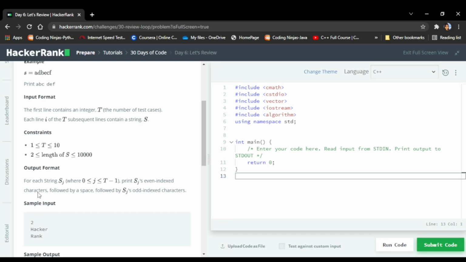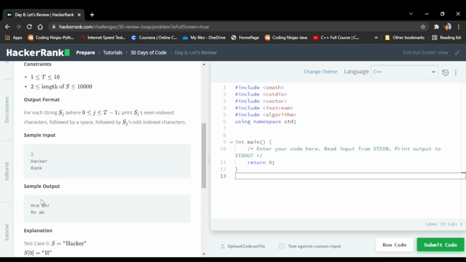They input 2 strings, Hacker and Rank, and the output splits the 2 different strings, separating the even index characters and odd index characters, giving a space in between. The 2 strings are individually separated, as you can see in the sample output.